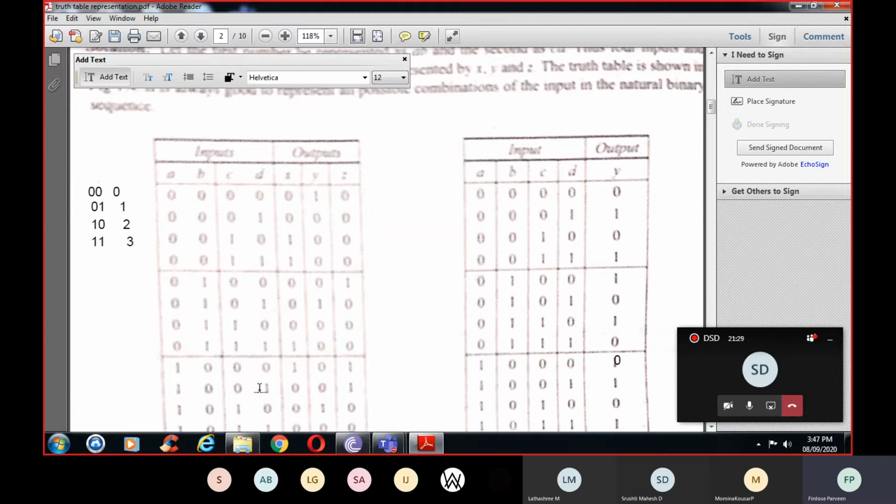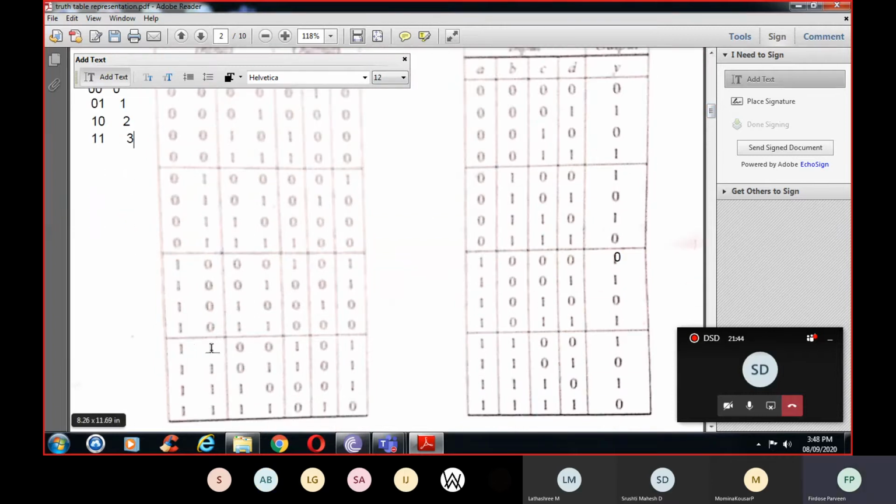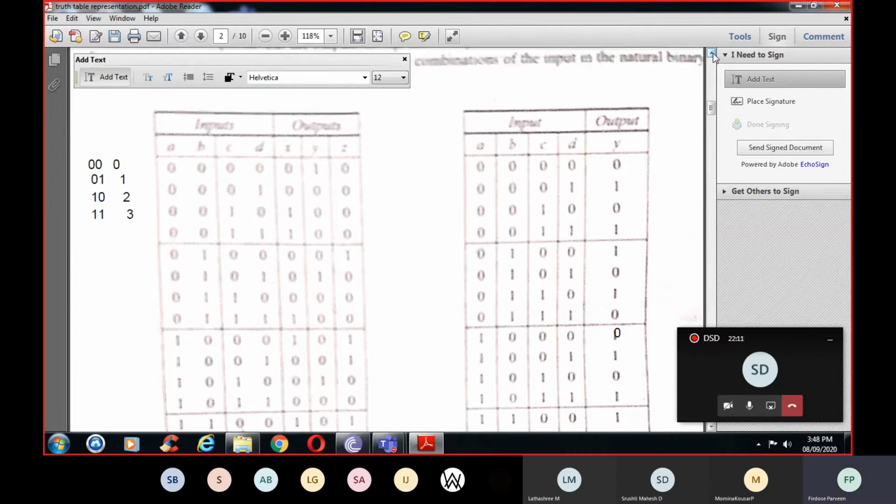So 2 is greater than this number. Again it will be 1. 2 and this is 2. It is identical. Here it will be 0. This is 3. That is, this number is greater than this number. This number, again it is 3 and this is 1. Again it is greater. So corresponding output will be 1. Here corresponding output will be 1. This is 3 and this is 2. Okay, it will be 1. This is 3 and this is 3. It is identical. So here it will be 0. So this completes your first question.